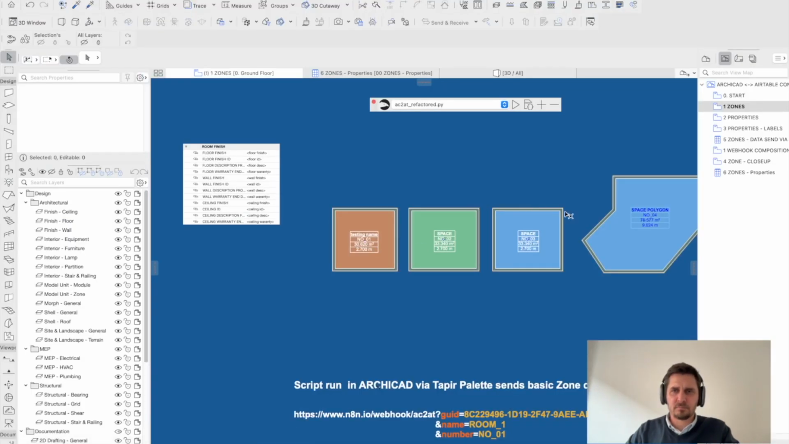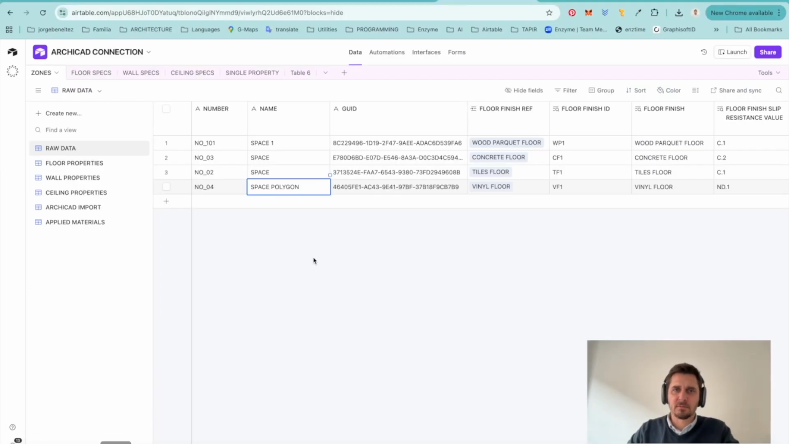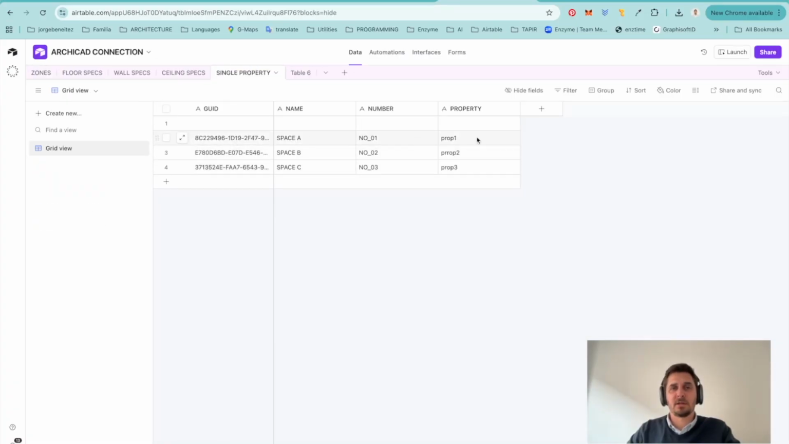If I change, for example, this space, number 101, and then I execute the script again, in theory this should be updating. So basically this is how the information gets pushed into our table, and then in this case you will be sending the information to this particular property field,